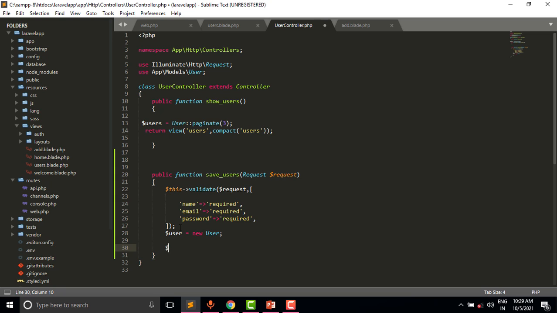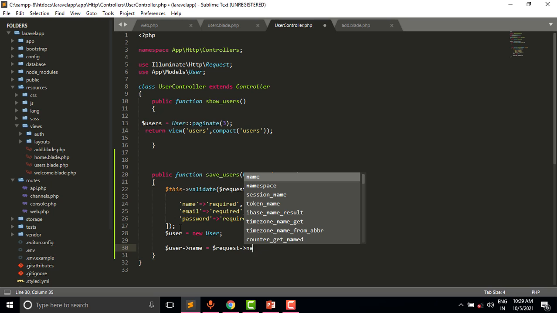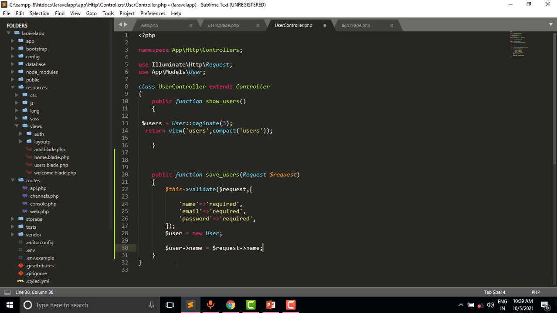New user, name. We have created an object of the user model, and we will save in the user's name the request of name, which we are getting from the request. We will assign the name of the user in the user's model.